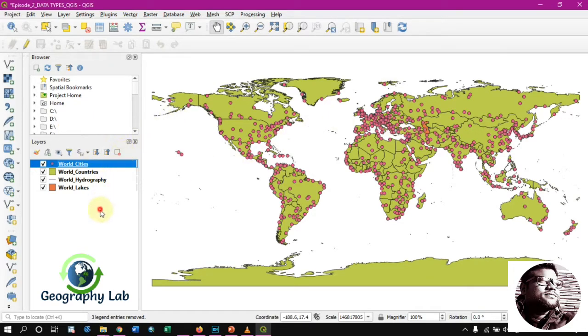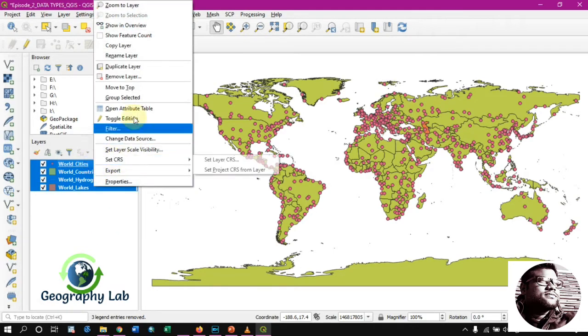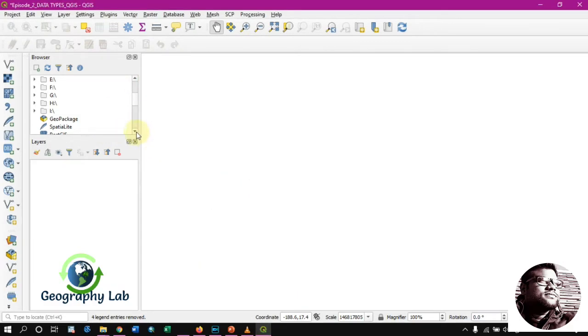Otherwise you can also add data from the browse portion.